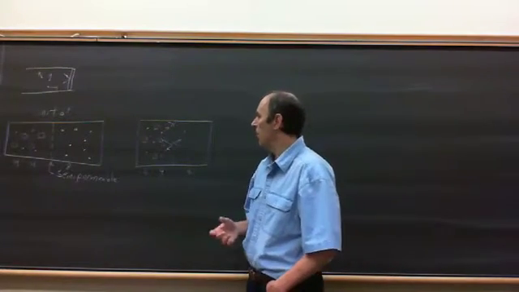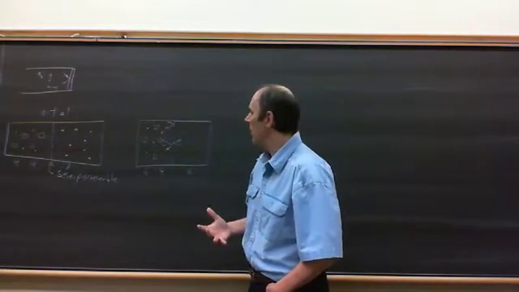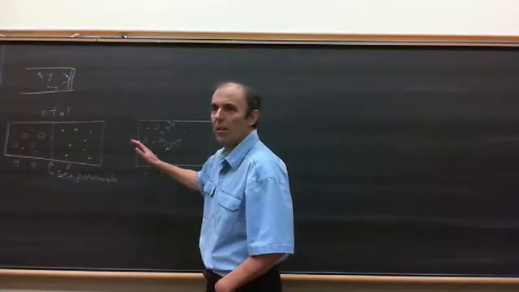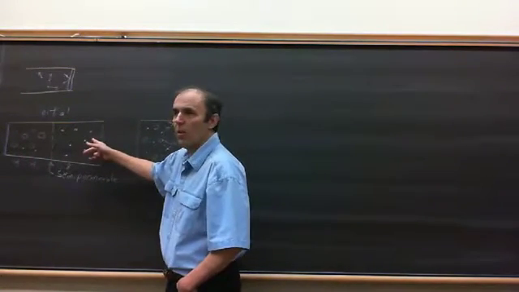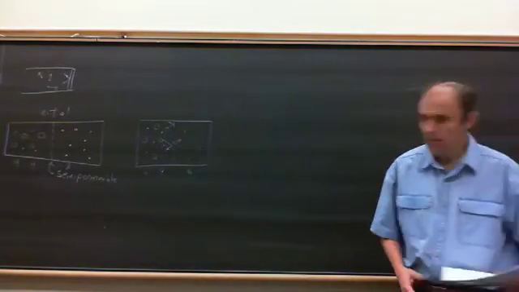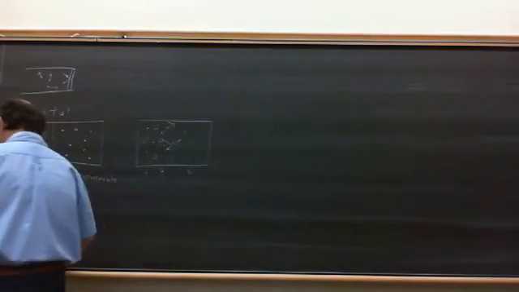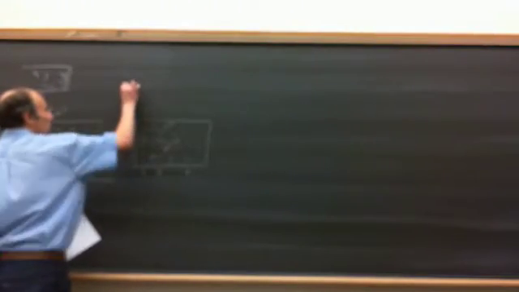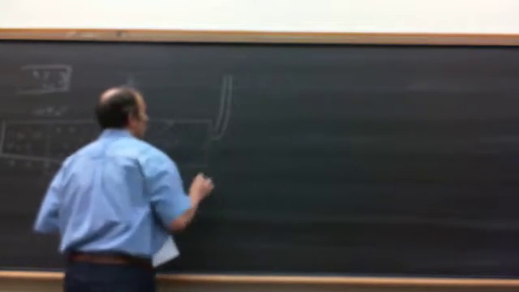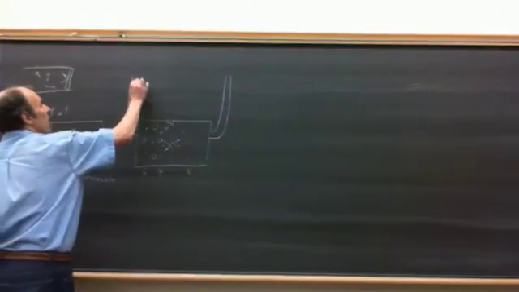Osmotic pressure is just the buildup. You can think of it this way. You can think of the high concentration side sucking the water out of the low concentration side and ending up building up a larger pressure. So if you had a situation like this where you had a couple of tubes coming up here, then the water is going to end up going up the tube, and it's going to be a higher pressure